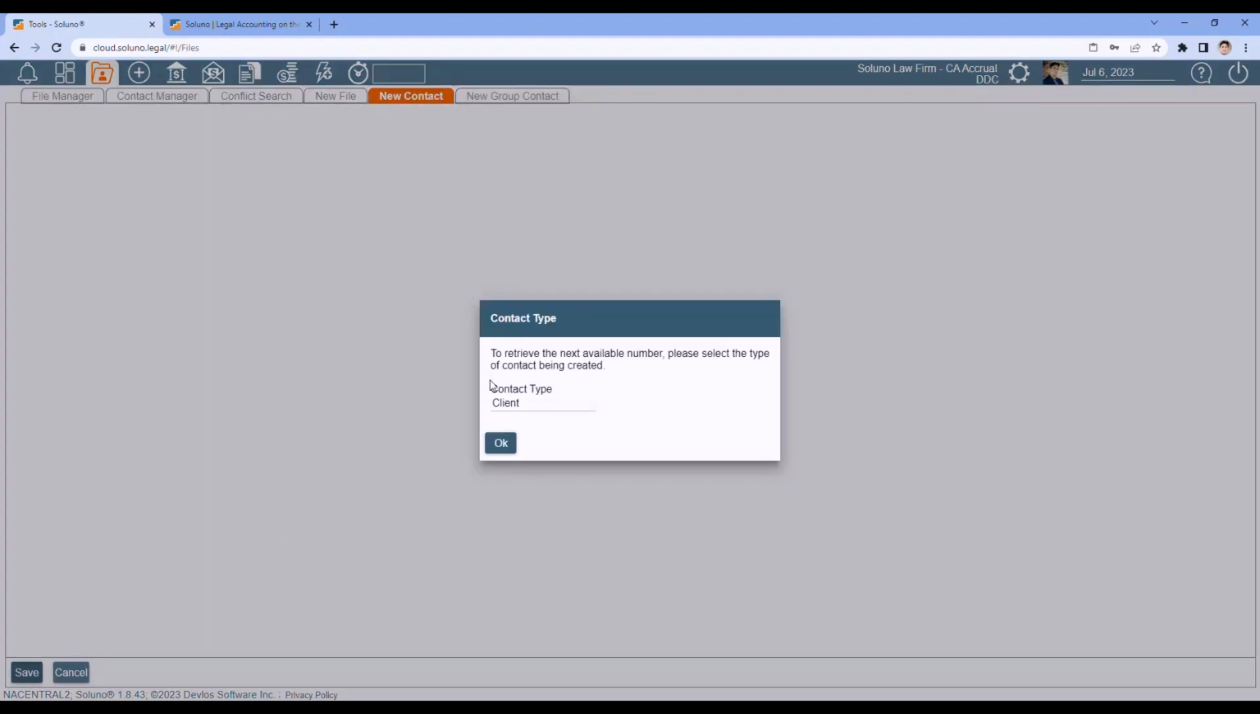Now, this screen you're currently seeing, not all of you will see this screen. The contact type. The way I have my Soluno configured, we have three types of contacts in Soluno: your clients, your vendors, and all your other contacts. I have this screen turned on, which allows me to have separate numbering sequences for my clients versus vendors versus other. And this is all it is, if you want to have a separate numbering system for the three types of contacts. So when I select client and click OK,